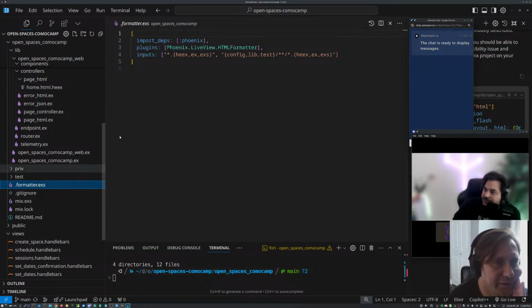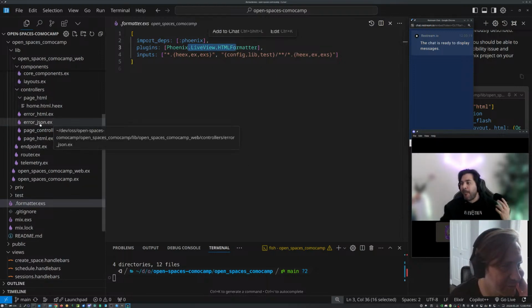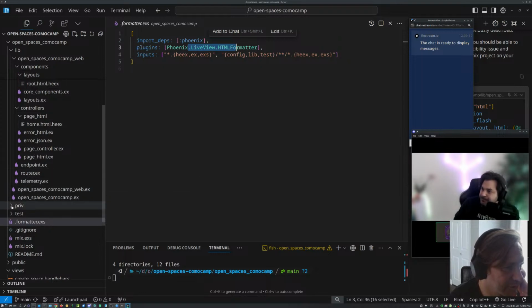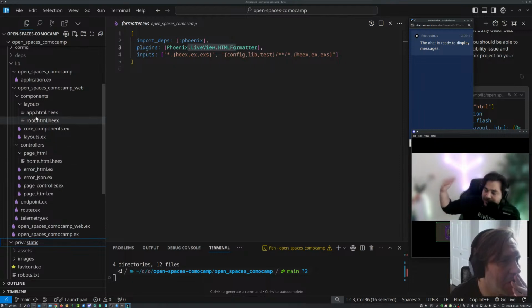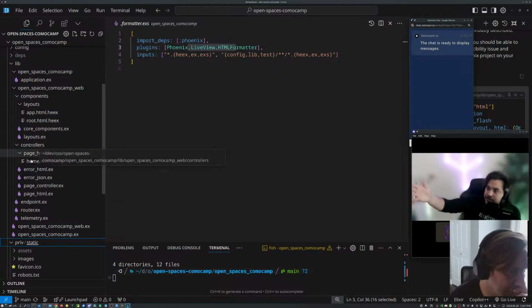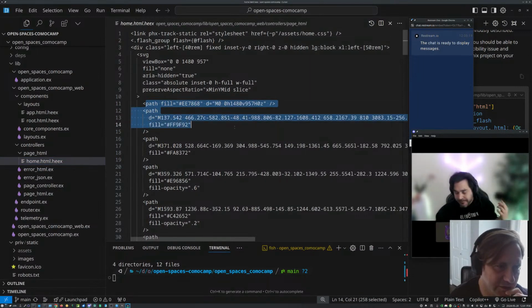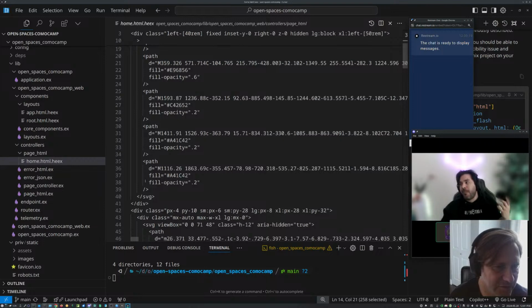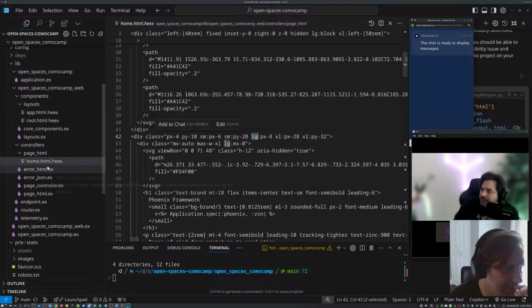Okay. And this HTML formatter, is this what translates this weird code into actual? No? Okay. Mix has a built-in formatter. So run mix format and it automatically formats the code for you. Oh, the code. Okay, I see. Okay, so here we have this stuff. This looks like a bunch of SVGs. Okay. This still looks, is this like Tailwind? What is this? Some weird CSS that it put in?